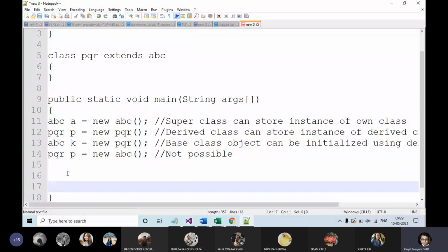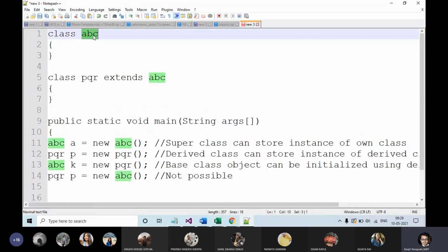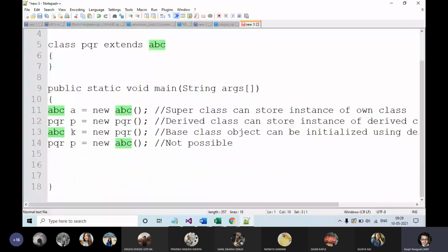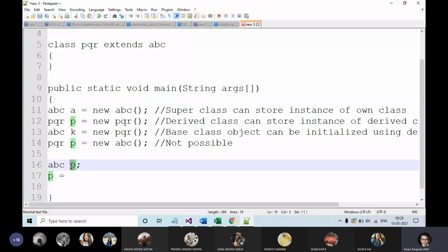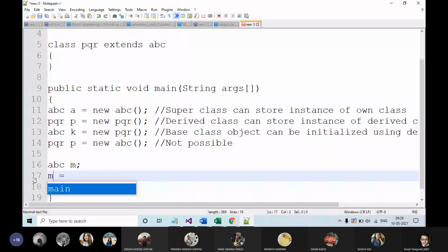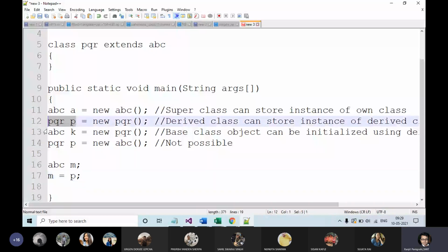So because of that, if you will create object of the ABC class A, or say suppose P, now this P can hold this derived class object, sorry, say suppose M. This M can hold P. So what is P basically? P is the derived class object. What is M basically? M is basically the superclass object. So this can store. समझ में आया ये चीज?